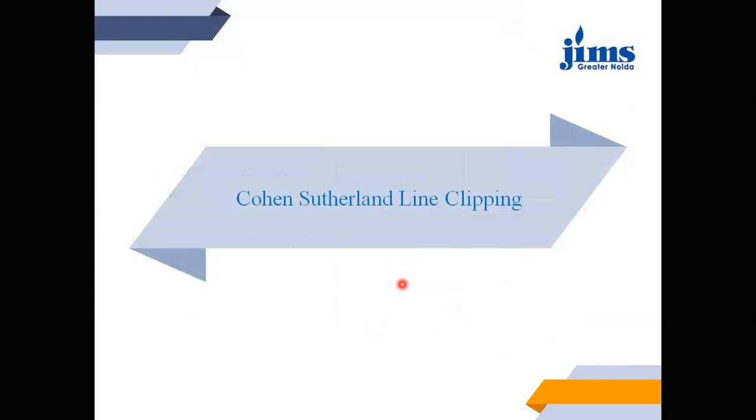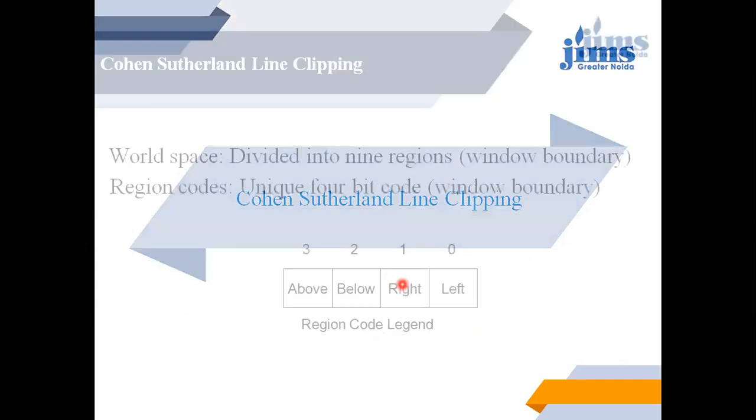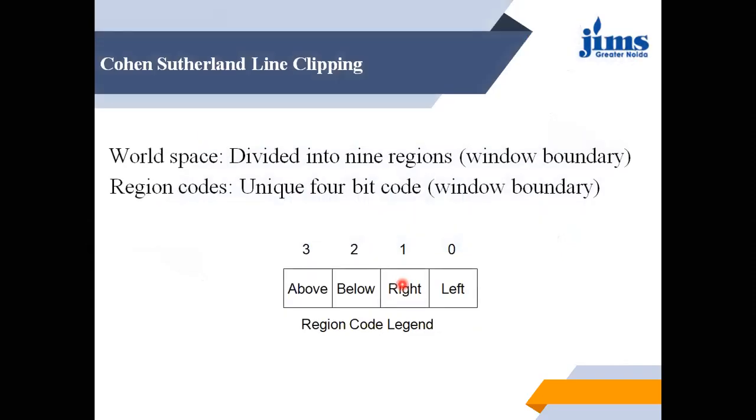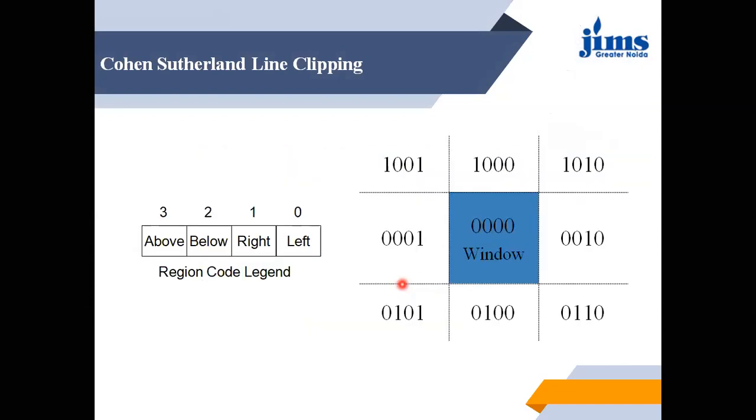Over here, we have to study the Cohen-Sutherland line clipping algorithm. As I told you, to perform the Cohen-Sutherland line clipping algorithm, we have to divide the world plane, that is the world coordinates, into 9 different parts. The first one is the window, and the other 8 regions are: the first is above the window, the second is below the window,